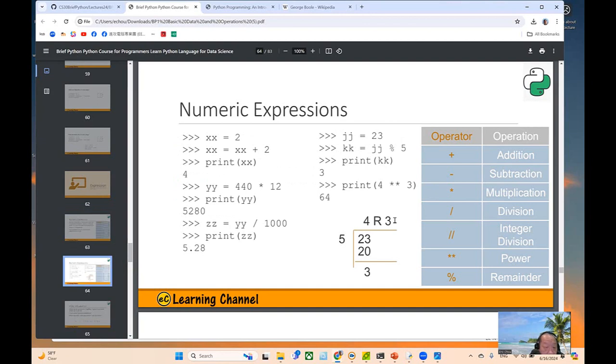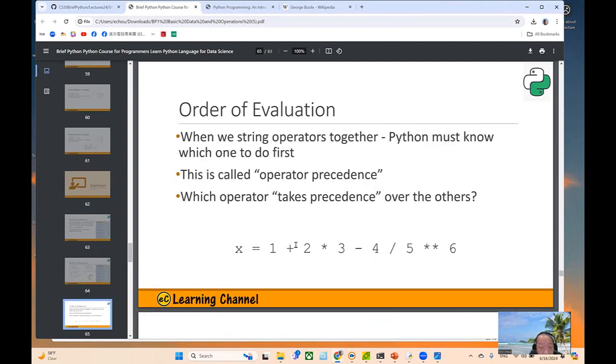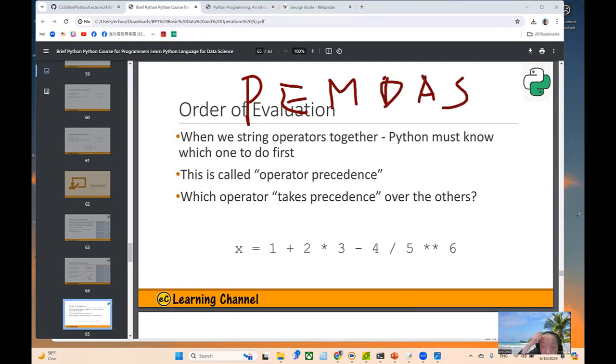Next one, it shows you the example. We don't show it anymore. This one is the evaluation order. For this evaluation order, you need to follow the math order. So it's P E M D A S, PEMDAS. Parenthesis, exponent, multiply, division, addition,